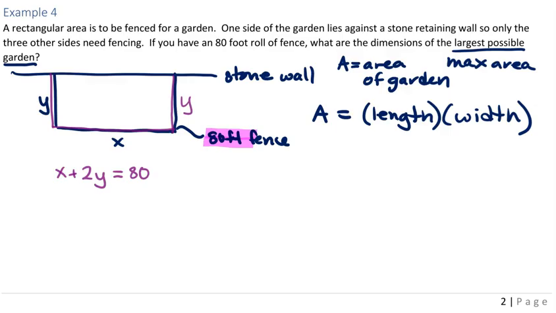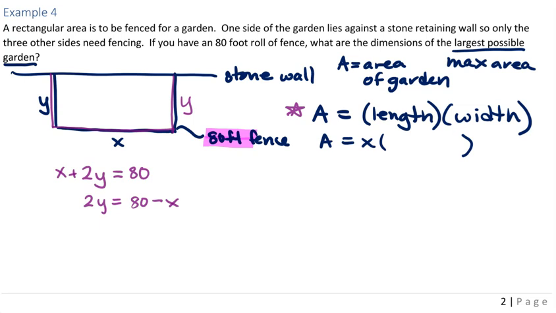And this is not going to become my new equation. My equation is absolutely still the area equation. I need to maximize area, so I have to have an area equation. The idea here is that I can now write that area formula with only one variable. So if I say that x is the length, then I can use this formula to replace y with something involving x's. So back over here, I could subtract x from both sides,